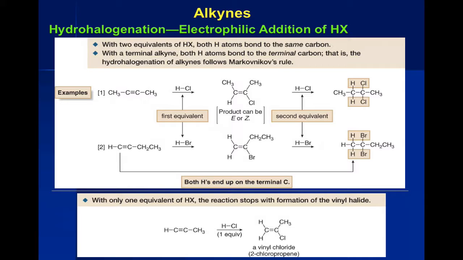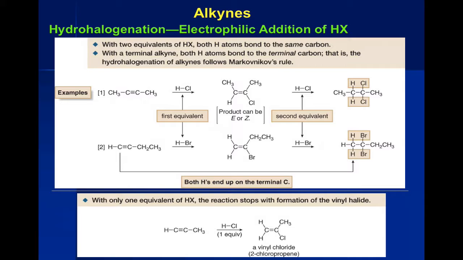It's very hard to stop at these vinyl species, although you can do it if you're very, very careful. And they do this all the time on an industrial scale. How many of you have heard of polyvinyl chloride? PVC, that's right. You've got to have vinyl chloride to do this. One way to make it is from the addition of HX to a carbon-carbon triple bond in such a way